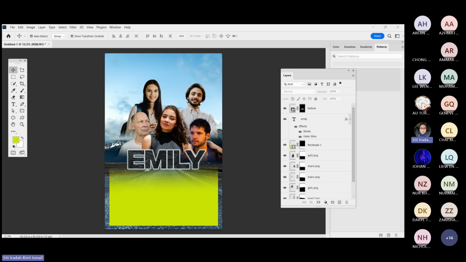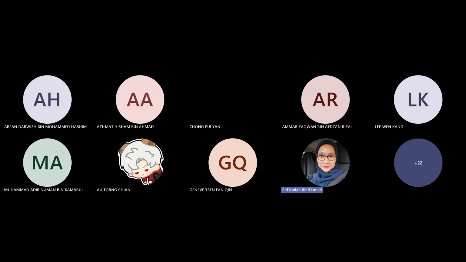Okay, so number 3, I'll just do a quick demo first before we go to experiment number 3. I just want to recap what you can do with creating a layer mask using the painting technique. Like what we did in experiment number 2, we actually used a painting technique to paint, to reveal the background, and we are going to do the same thing for experiment number 3. But before we proceed, I just want to have a quick demo. Like say for example, you want to